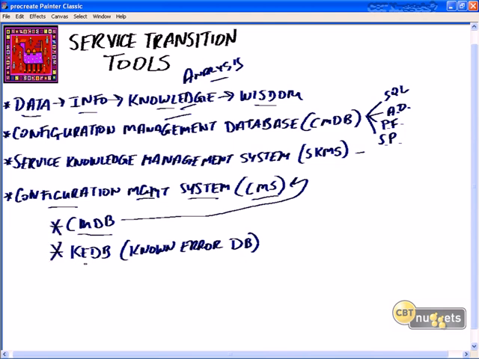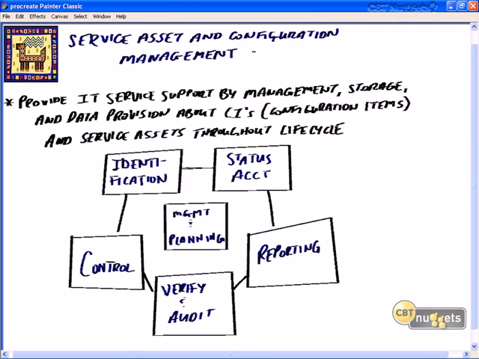And then we have what's known as the KEDB, which is typically optional, but this is the known error database. This is a database that's created by problem management or incident management, and it's basically used as a troubleshooting tool or part of the continuous improvement process to make sure that we don't repeat our errors and that we fix our mistakes. This next process, which is Service Asset and Configuration Management, is where we're really going to leverage that